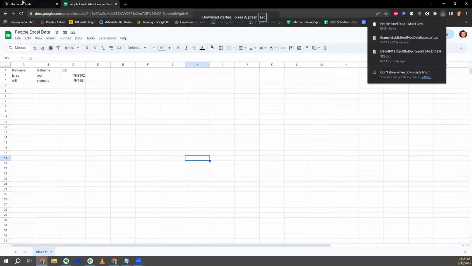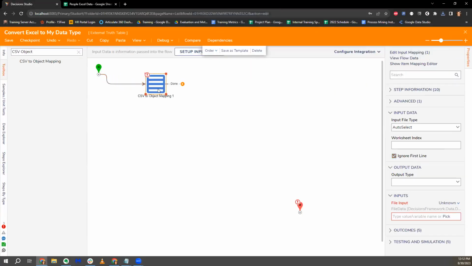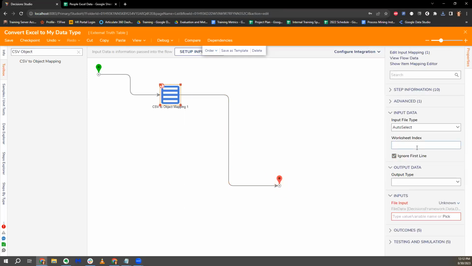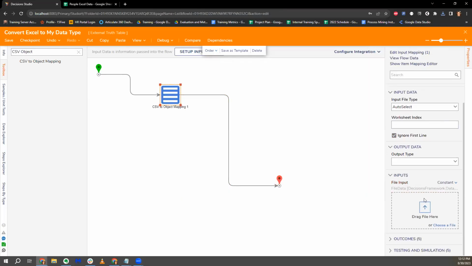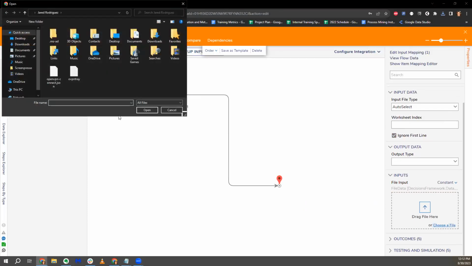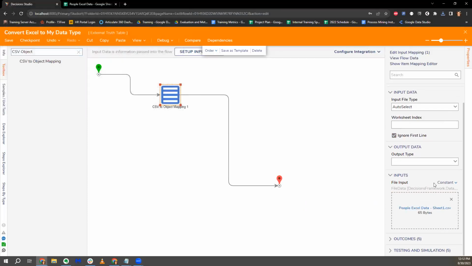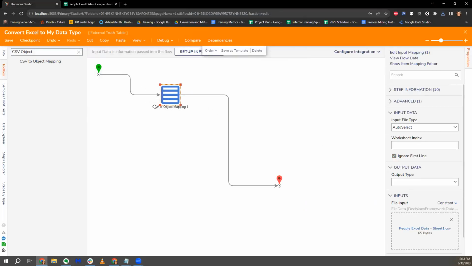You can do it as an Excel. And now I have my data. And so what's gonna happen is when I configure this, you'll notice that I'm gonna set this as a constant. And now you'll notice once I select that data here, I'm gonna go to my sheet CSV, right? What this step does is it takes in that file data and it says, okay, let's spit this out into